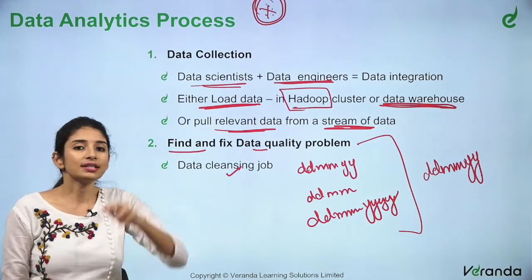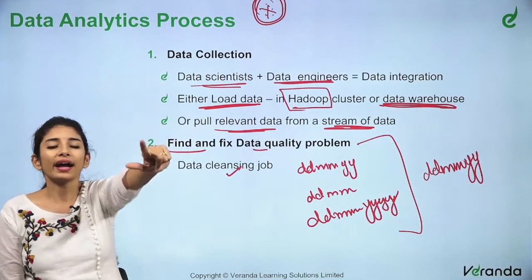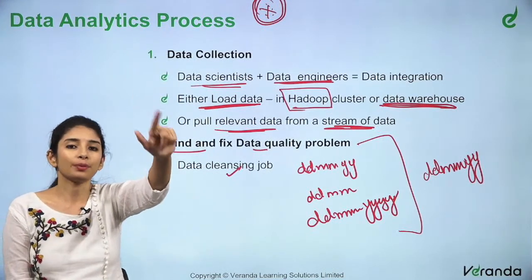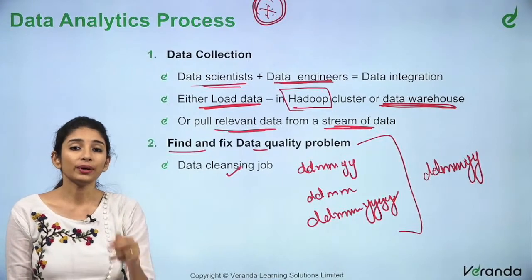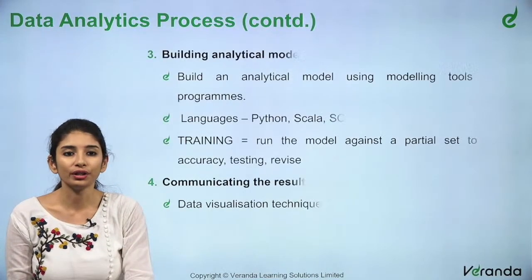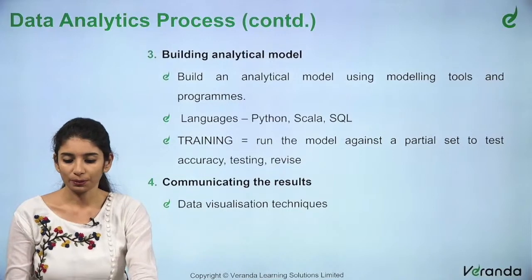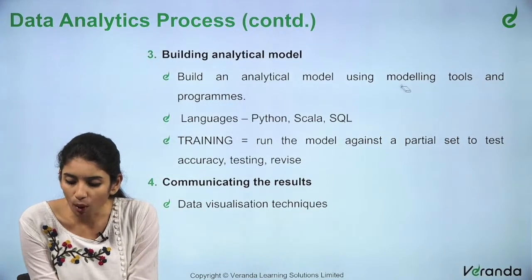So clear? First is data collection. Second is find and fix data quality problems. At number 3, we have building an analytical model. Building an analytical model, so using modeling tools,